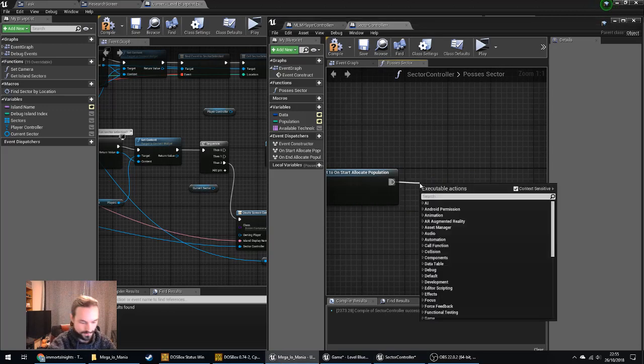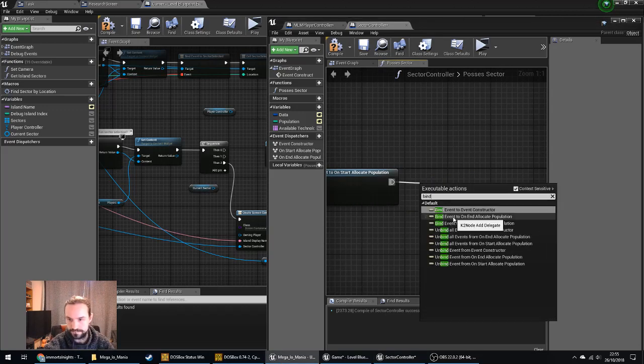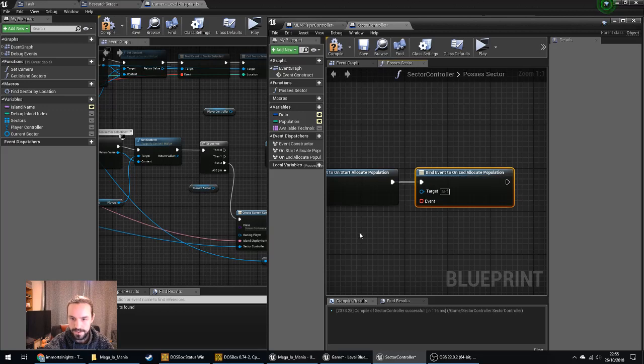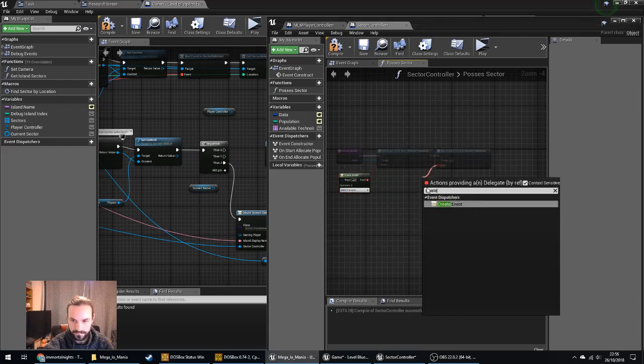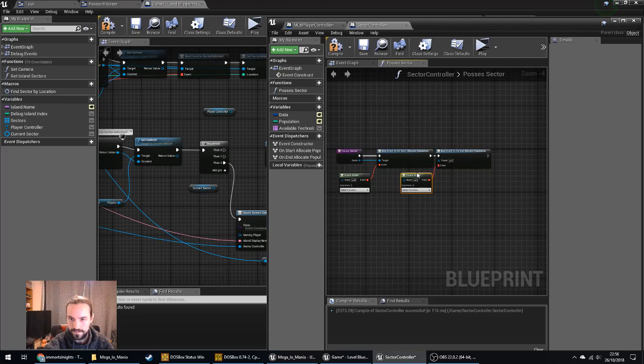I'll call it bind to it. Then we will create an event, and we'll obviously make those functions instead of